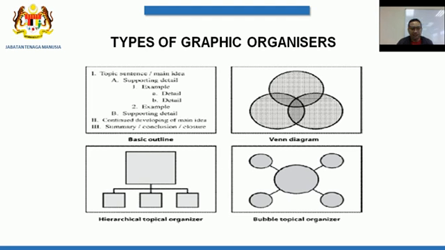Right, take a look at these examples before we move on to our next slide. I'll give you about 10 seconds for you to understand this slide. Right, time. So